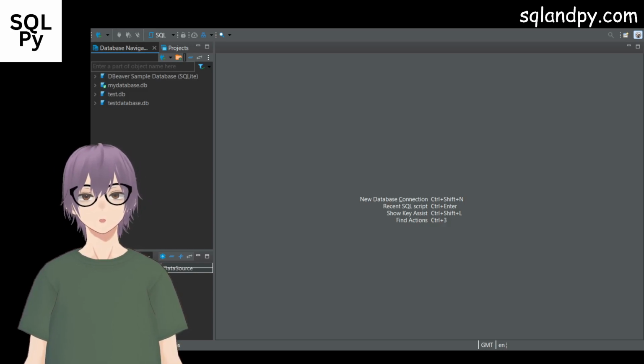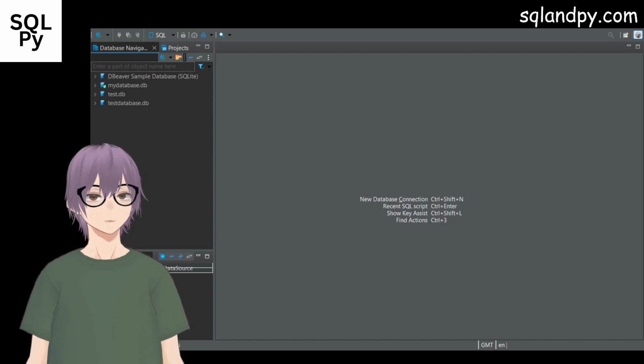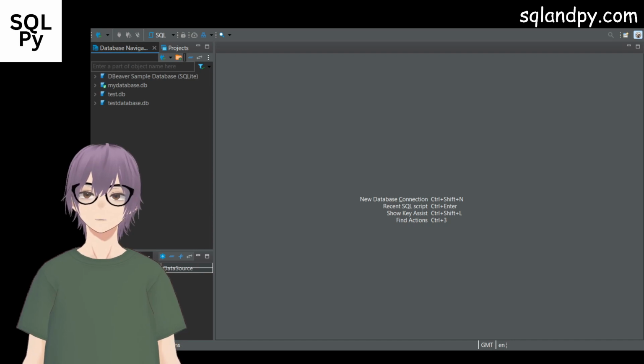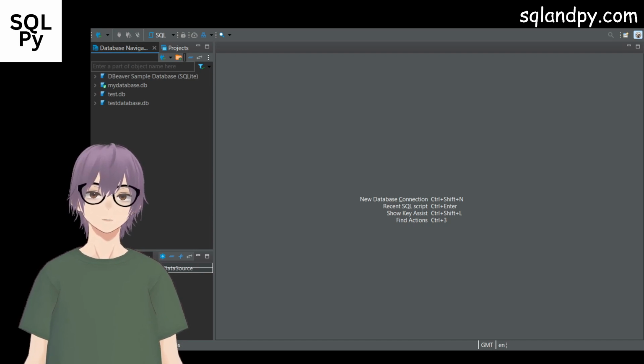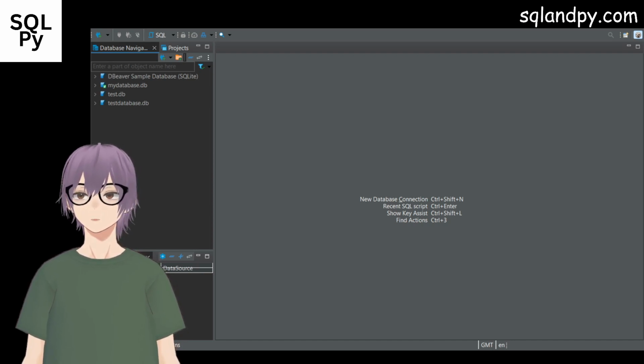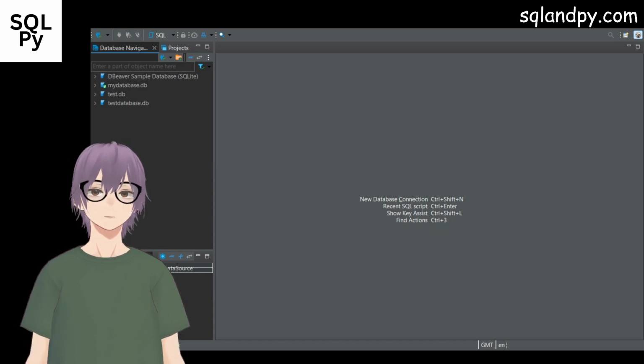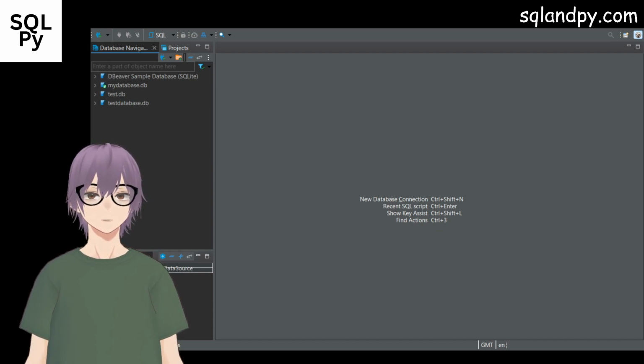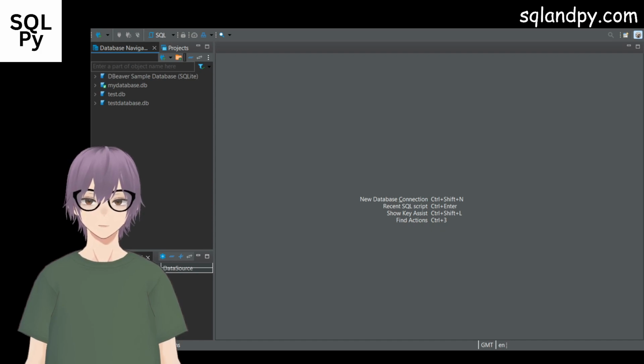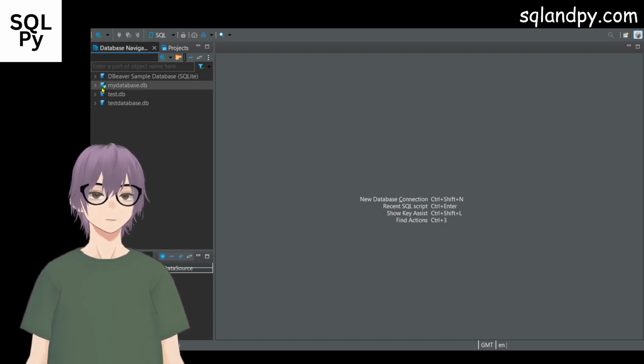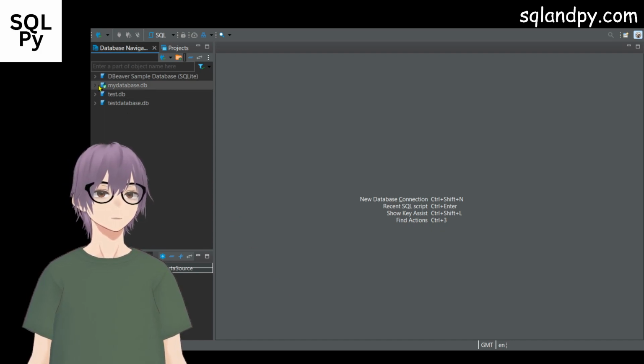Deleting a row of data from an SQLite table using DBeaver. So for this we are going to go into the table, create some new rows and then delete them. So let's first connect to our database, which is a SQLite database called